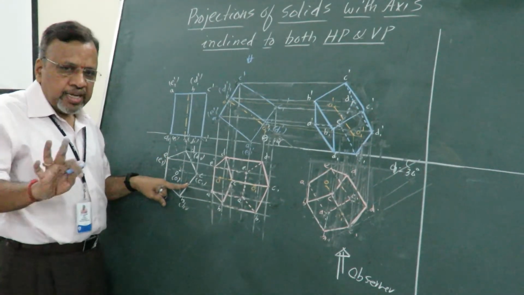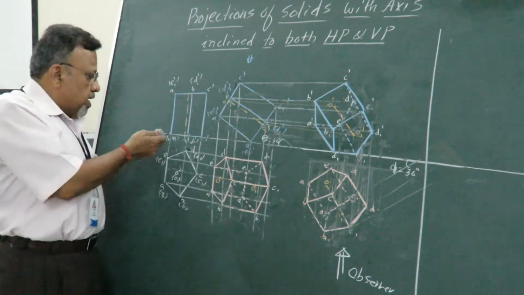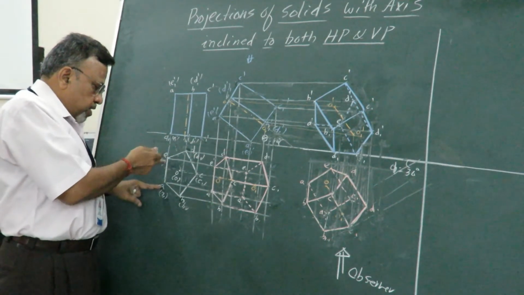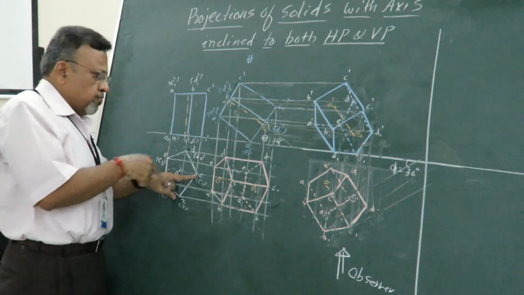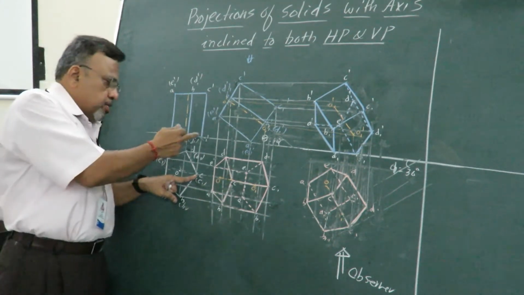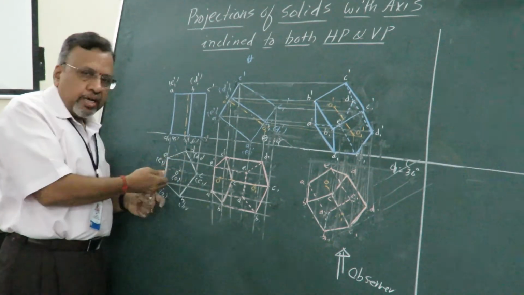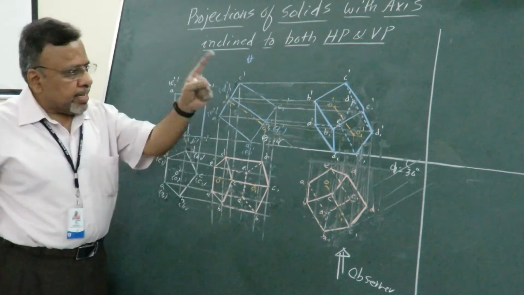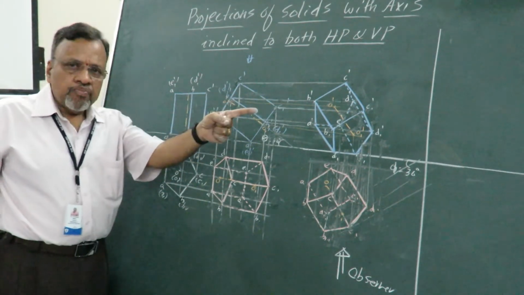Is it okay? That is a specific problem, especially for the pentagon, because if I orient in this particular direction, one of the base edges is perpendicular to VP. That is what I said in the initial position. Now in the case of a corner problem, when the corner is resting on HP, the corner containing the two sides should make equal inclination. That is the reason if I reorient in the other direction, then I can get the solution for the problem wherein the corner is resting on HP.